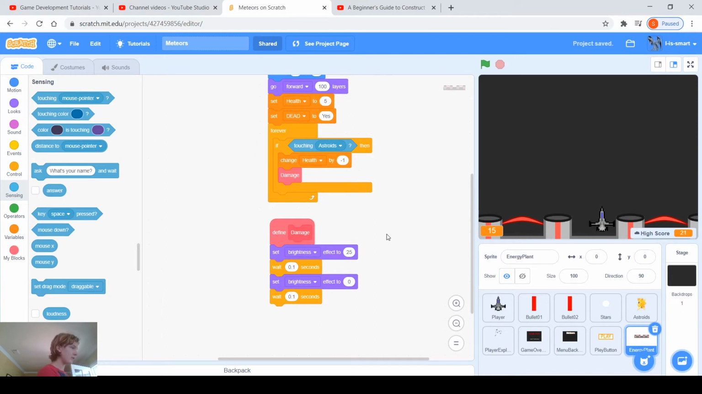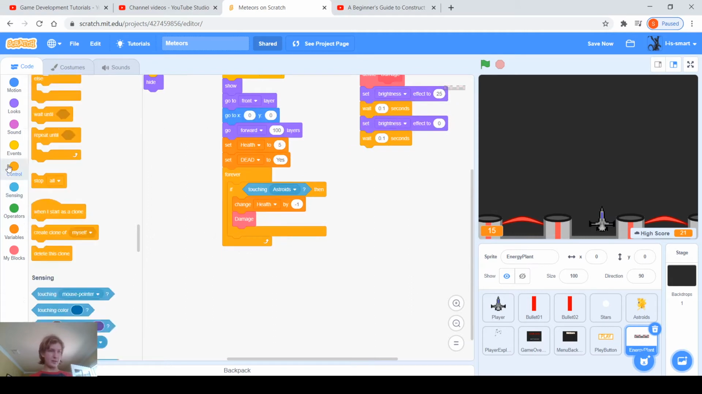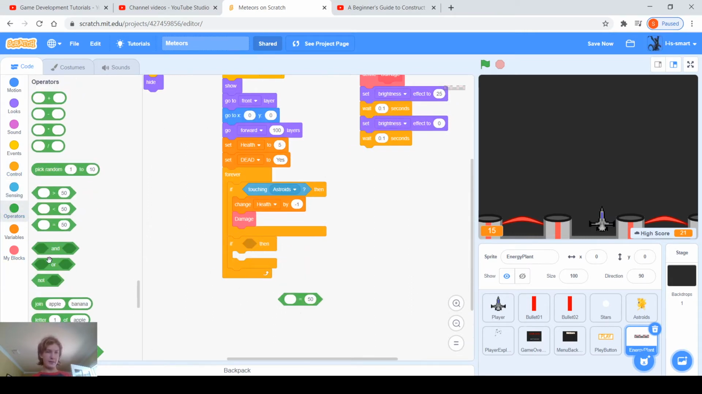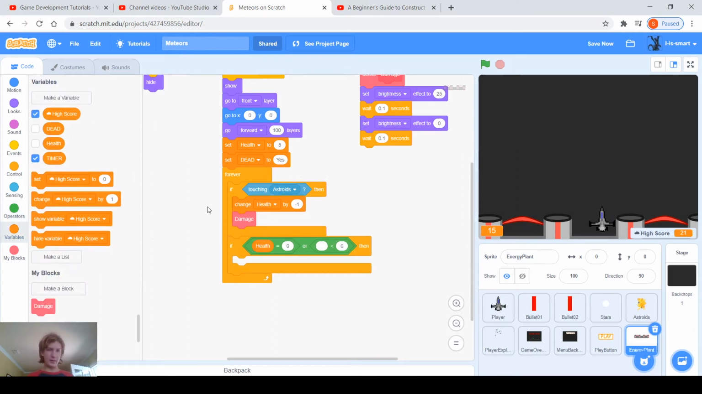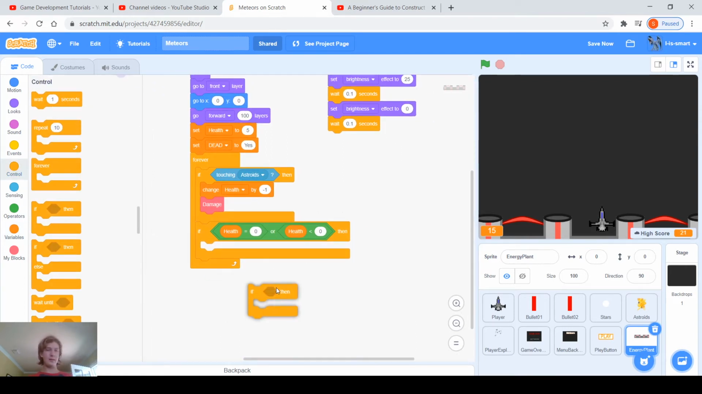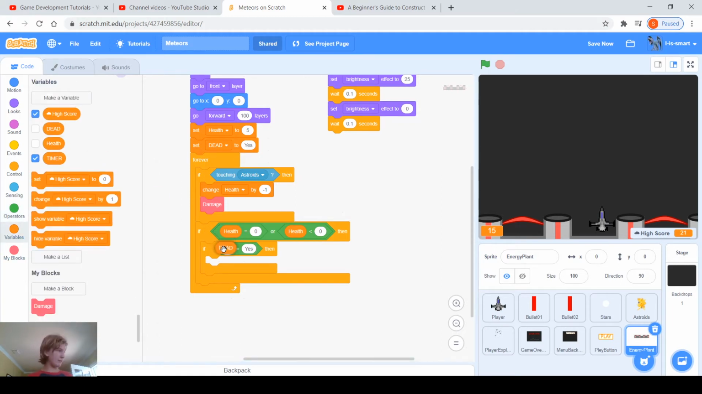Now, we just want to save. We just want to make it die now. So, one click. If the health is equal to or is less than 0, health is less than or equal to 0, and if dead is equal to yes, I get why I did that. If dead is equal to yes,